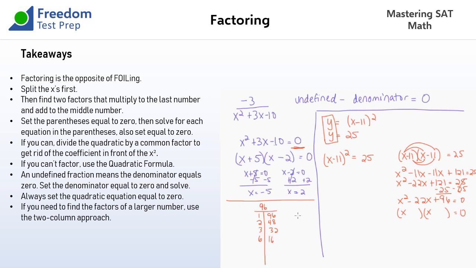Okay, so I'm going to stop for a second. And I have some factors. I'm not sure if there are any more factors than this, but I want to make it add to negative 22. And this set of factors adds to 22. So I'm going to put the 6 and the 16 in. We want a positive 96 and a negative 22. So I'm going to make them both negative. And again, we set each parentheses equal to 0, and we're going to get x is 6 and x equals